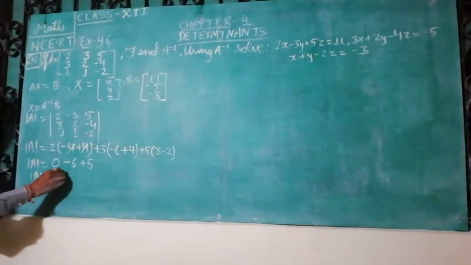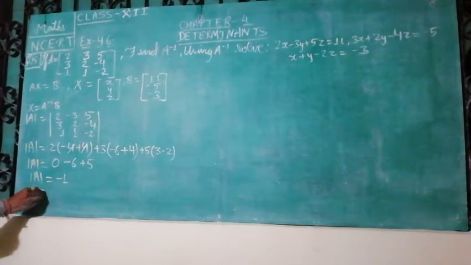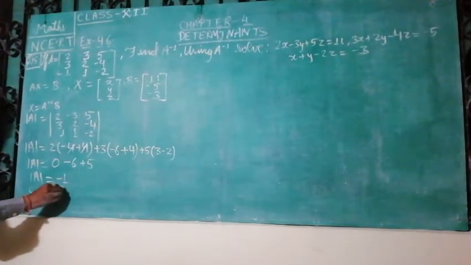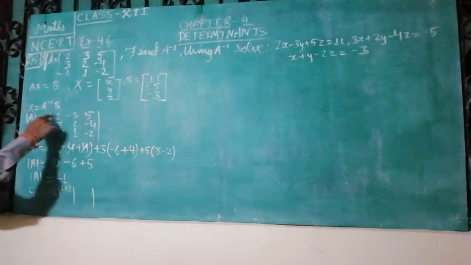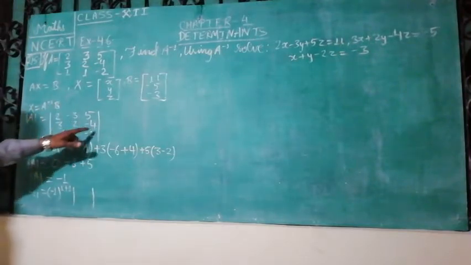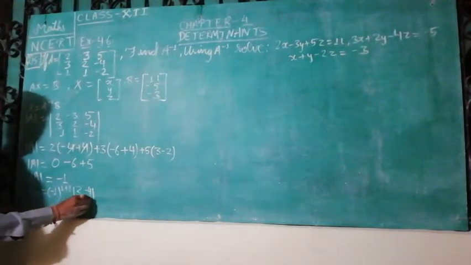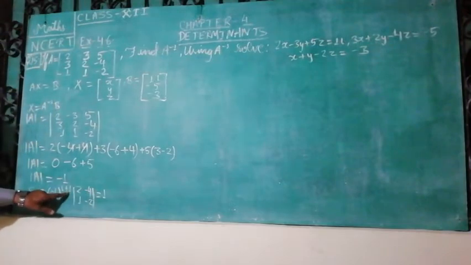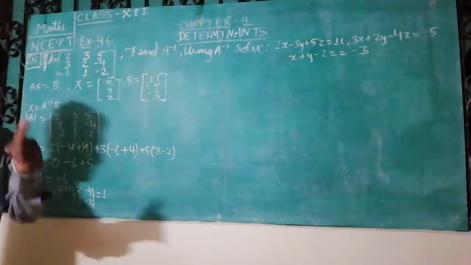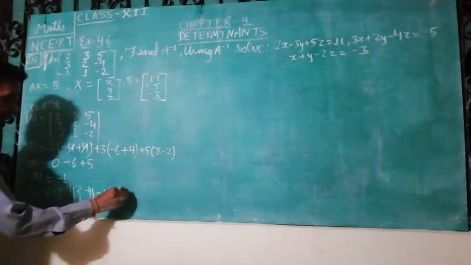It is well clear from here that determinant A is equal to -1. Now we are finding C11. C11 is equal to (-1) raised to the power 1 plus 1. In C11 we have to eliminate first row and first column, so the remaining is 2, -4 and 1, -2. It will be positive 1 because the power 1 plus 1 is 2, an even number, so (-1) to an even power is plus 1. Then 2 into -2 is -4, and plus 4, so it will be 0.